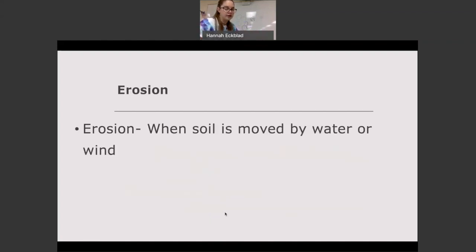Now, erosion. Erosion is when soil is moved by water or wind. So this can happen naturally. It does happen naturally. However, some human practices are speeding up this erosion. An example of it happening naturally is if you look at the Grand Canyon. Originally,